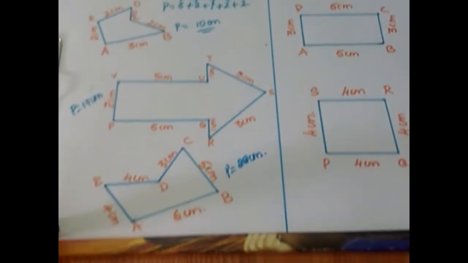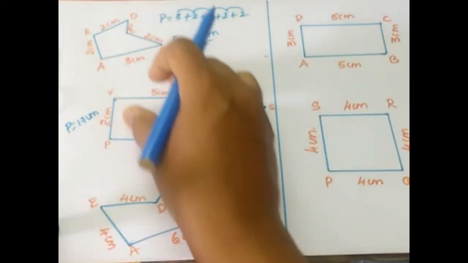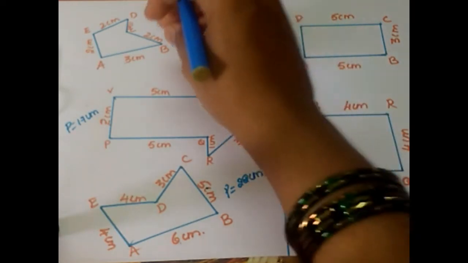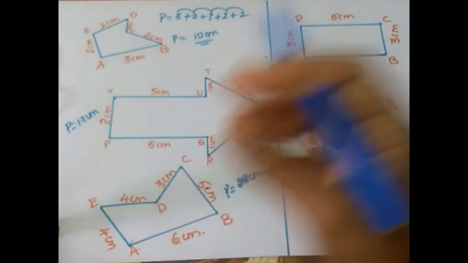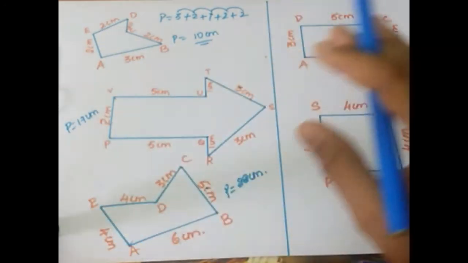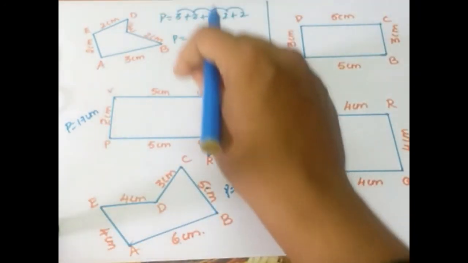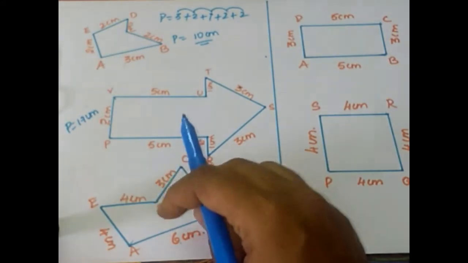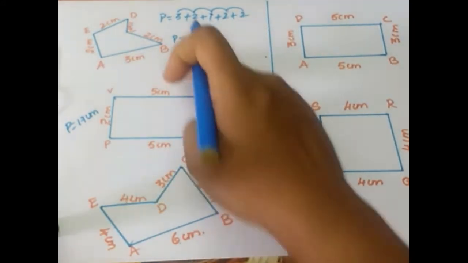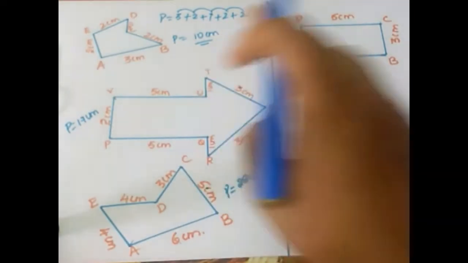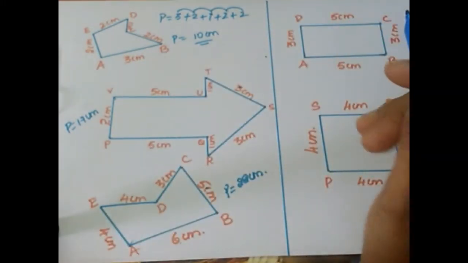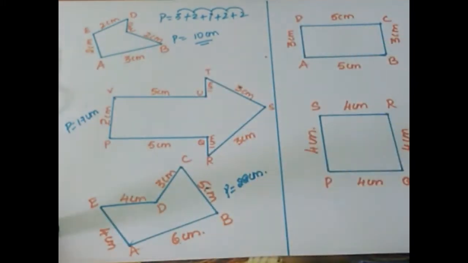In all the first 3 diagrams, what we have written are closed figures, but they are not regular in shape. That means to say, the number of sides differs in each diagram and we cannot apply any of the properties of geometry, so we call them irregular 2-dimensional figures. And whenever you have such diagrams, the perimeter will always be the sum of the given sides. If there are 5 sides, it is the sum of 5 sides. If there are 6 sides, it will be the sum of 6 sides. That is the basic meaning of a perimeter.